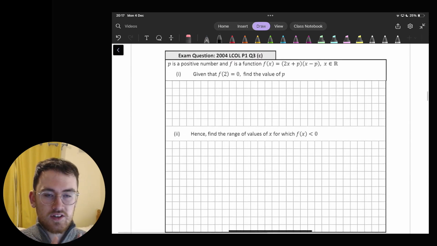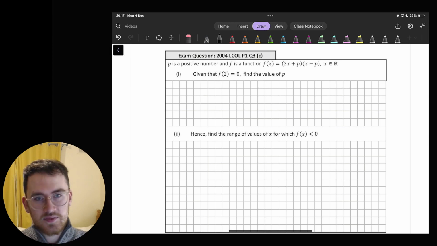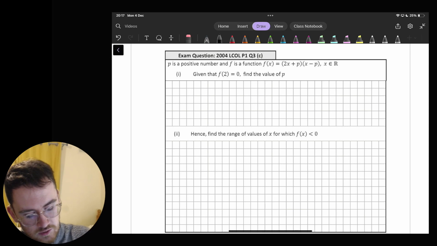Let's look at another question. So this one's from a Leaving Cert ordinary level paper. Now it is 2004, so it's a fairly old one. So p is a positive number and f is a function, f of x equals 2x plus p times x minus p. Given that f of 2 equals 0, find the value of p. So kind of pulling in a little bit of your functions here, we're subbing in 2 for x